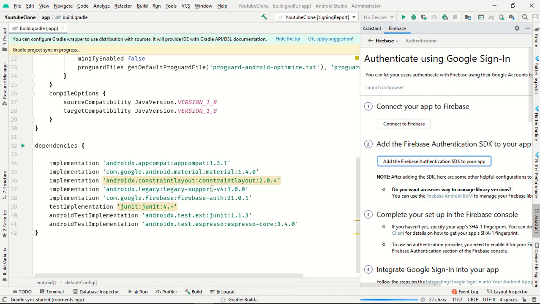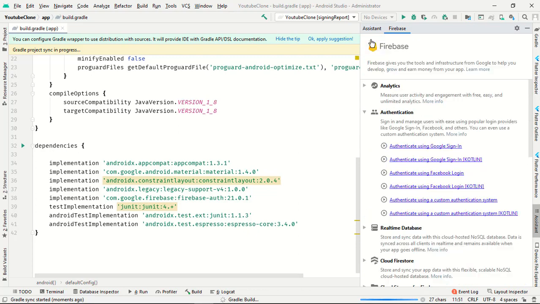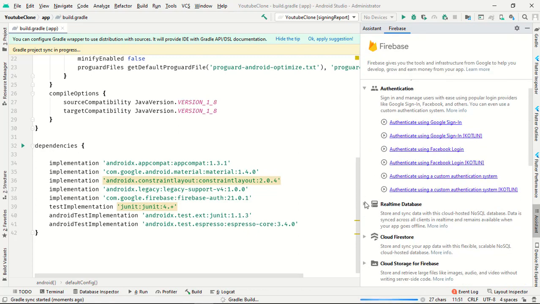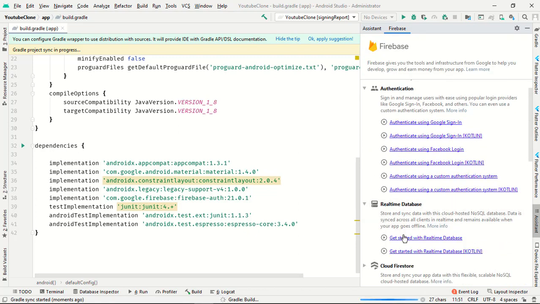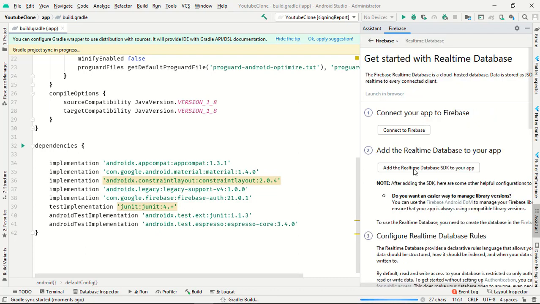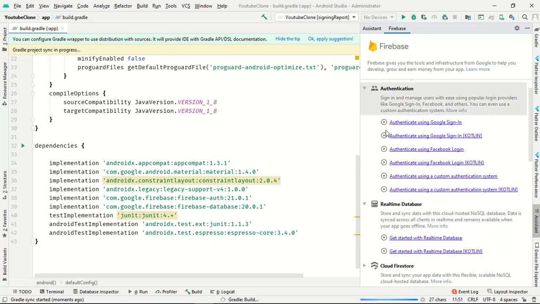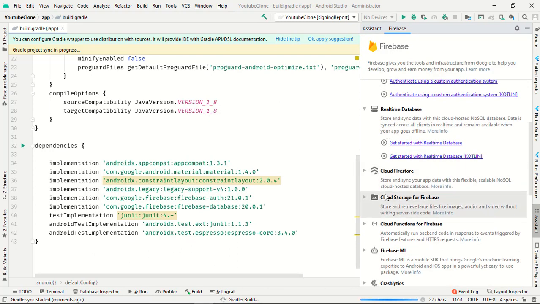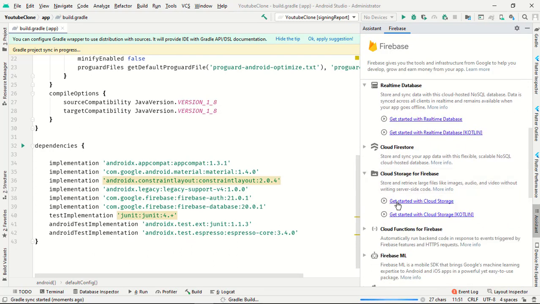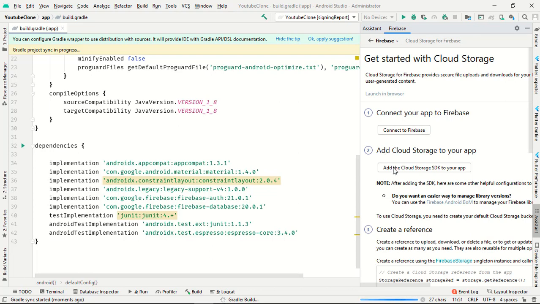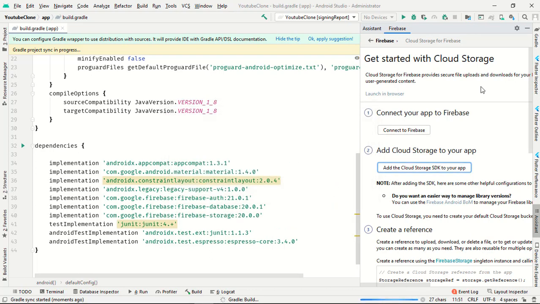Now it will install auth. The second one is the real-time database. Accept changes. The third and last is storage. Click on cloud storage, add to cloud storage, and accept changes.